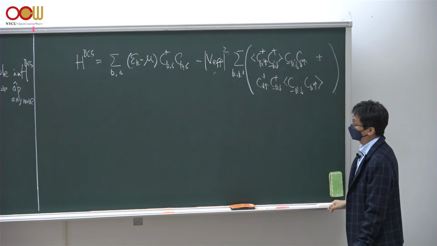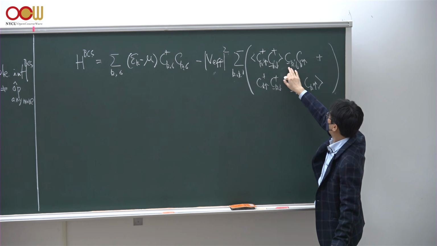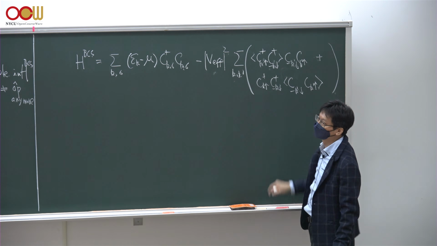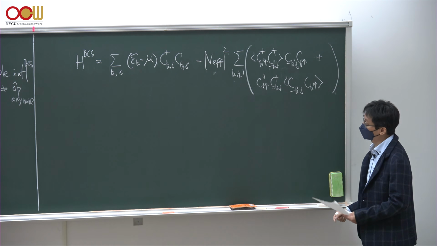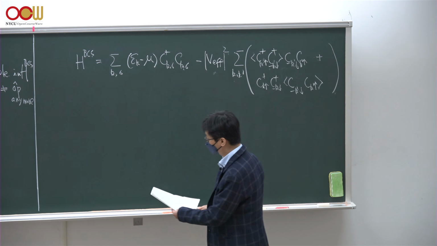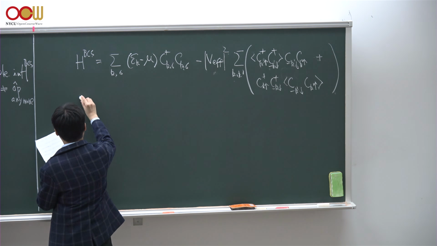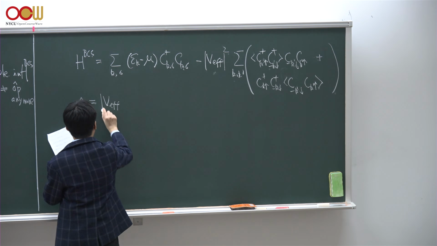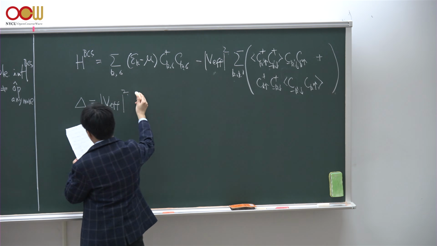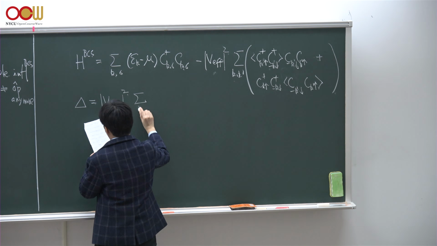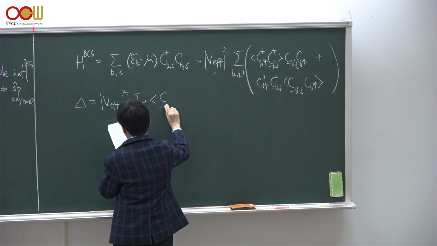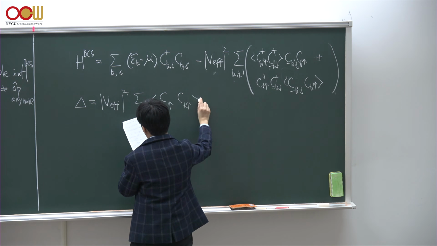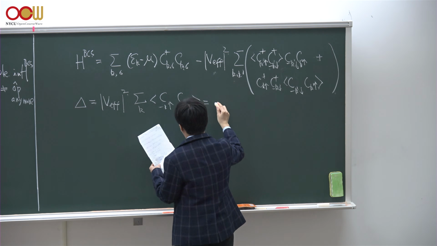The four fermion term is reduced into a two fermion operator multiplied by the mean field, but of course this mean field value should be determined self-consistently, and we could define such a mean field variable multiplied by this V effective square, and we will see later that this is nothing but the BCS gap, the energy gap which protects the BCS state,